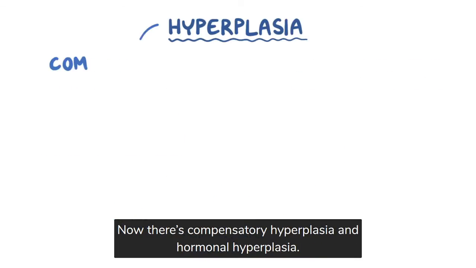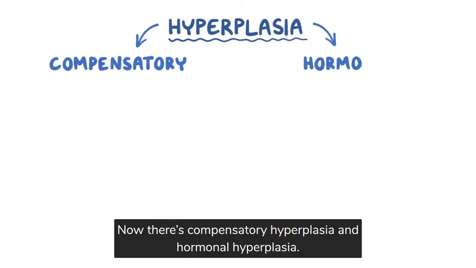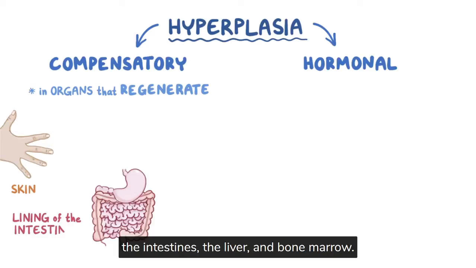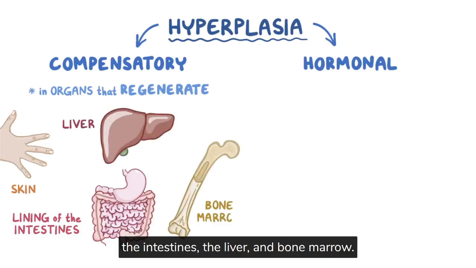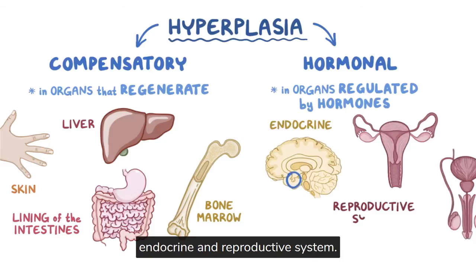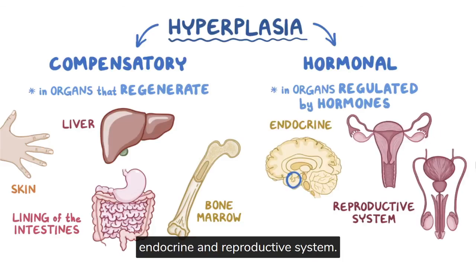Now, there's compensatory hyperplasia and hormonal hyperplasia. Compensatory hyperplasia happens in organs that regenerate, like the skin, the lining of the intestines, the liver, and bone marrow. Hormonal hyperplasia happens in organs that are regulated by hormones, like organs in the endocrine and reproductive system. Like hypertrophy, hyperplasia can also be physiological or